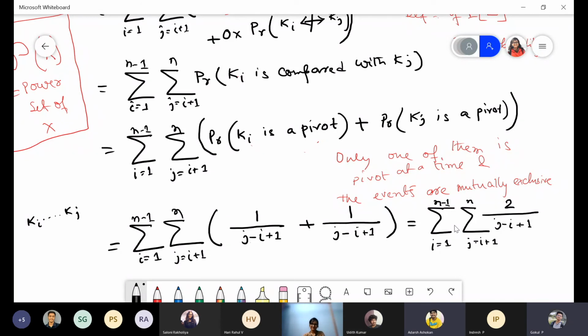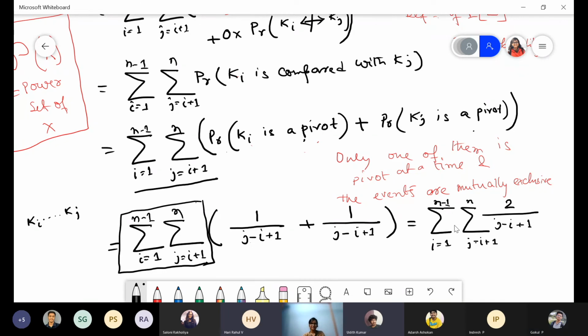Linearity of expectation. Ma'am, see, this is outside the range. Inside we are taking an individual event here. Either Ki is pivot or Kj is pivot. Now this range is already there outside. Maybe it would be clear if you define what the event is. Can you define again what Xij is? Ki is compared with Kj. That is the event. Yes, ma'am. So if Ki is compared with Kj is the event, why is the number of elements between i and j becoming an issue here? Either Ki can be pivot or Kj can be pivot.